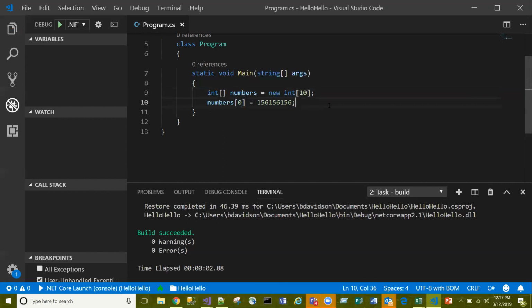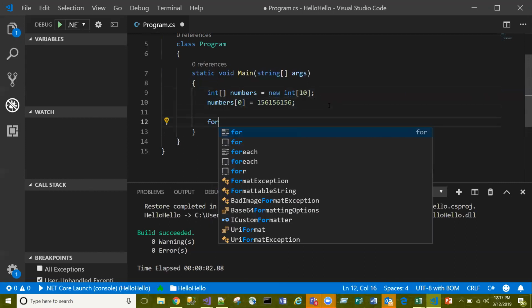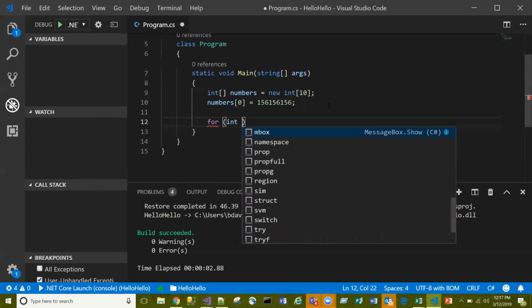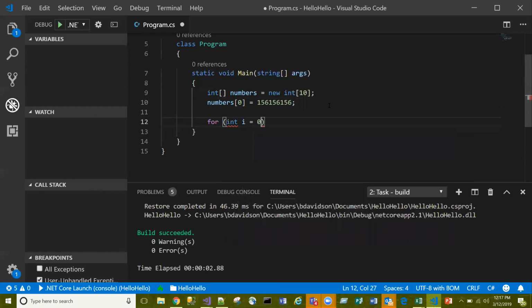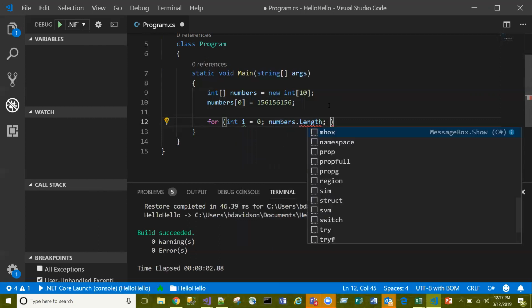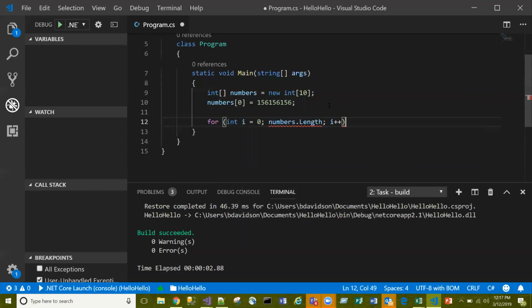All right, let's do something real quick. I want to do a for loop. Everybody remembers for loops, our old friend and pal. I want to go through now and